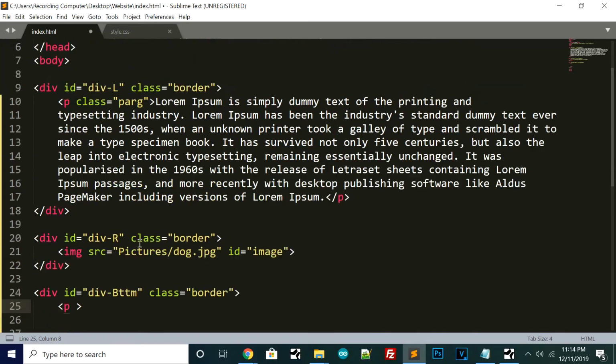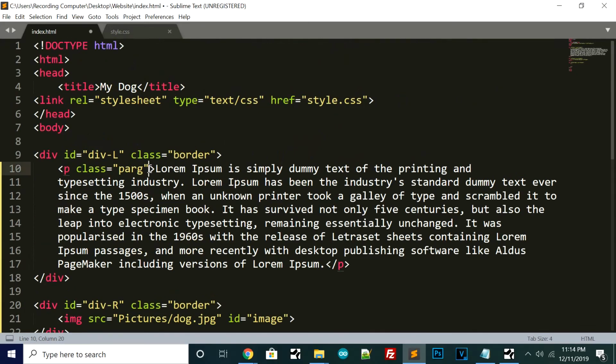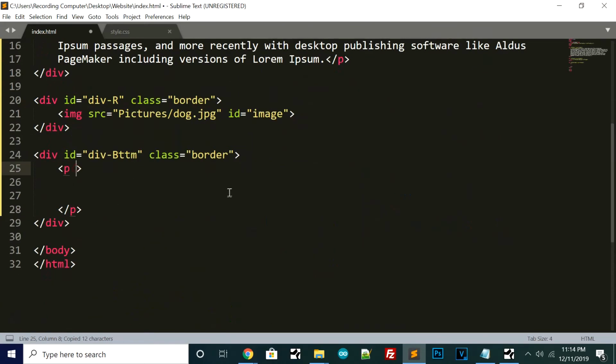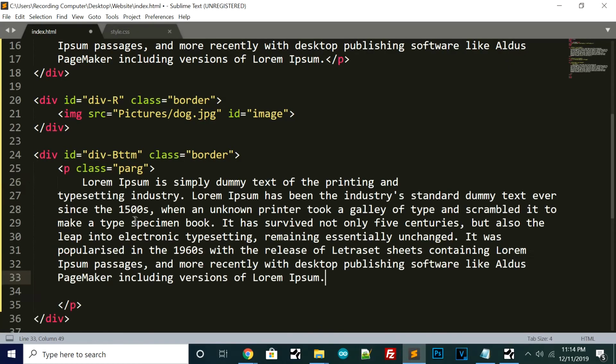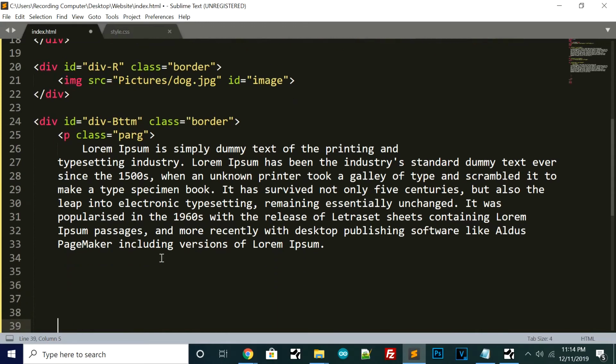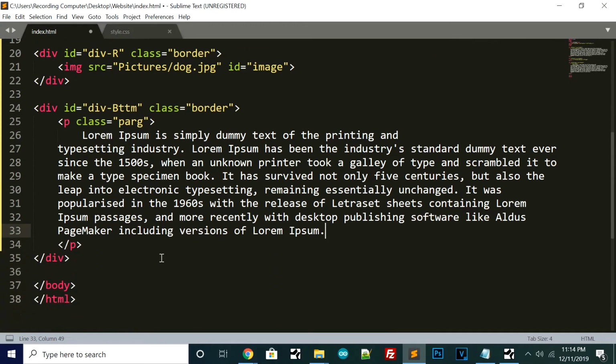And I'm gonna just come up here and copy this class. This is really common in web development, just copy paste. That way there's no errors, so remember that. And then I'll just, oops, I need to go back and get my text. So copy and then paste. These spaces, by the way, don't matter. I mean, you could have it like way down here. It doesn't matter. So save that,